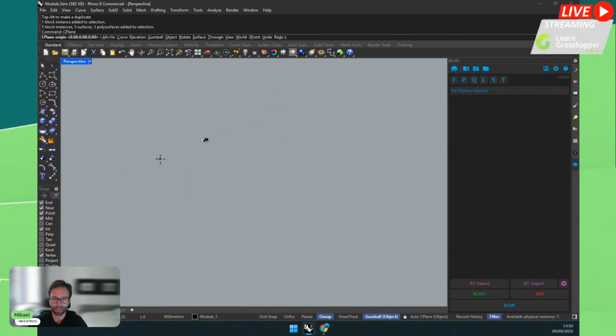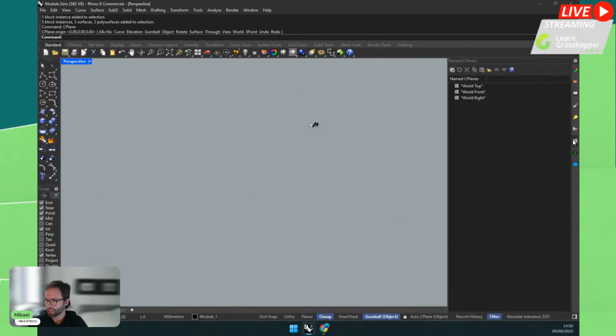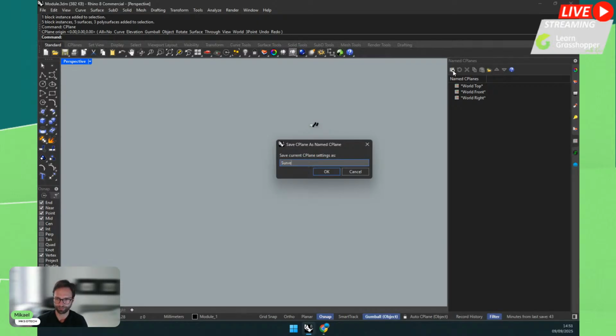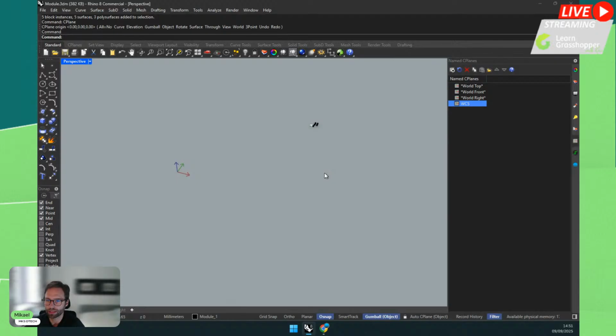Okay, I will place it far away, maybe from the geometry. And then I will go to my named C-plane and save the current C-plane to survey, or maybe World Coordinate System, WCS, whatever you want. Okay, so now this is my origin for my IFC, but this will be my geometrical origin.